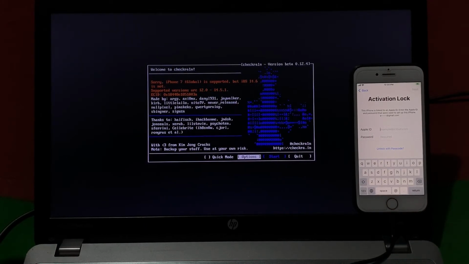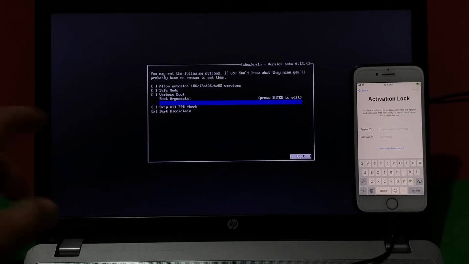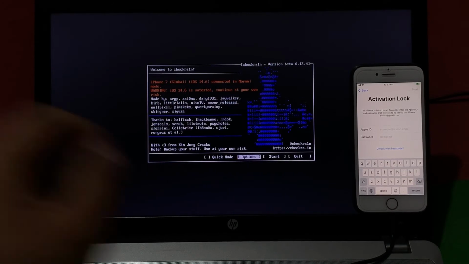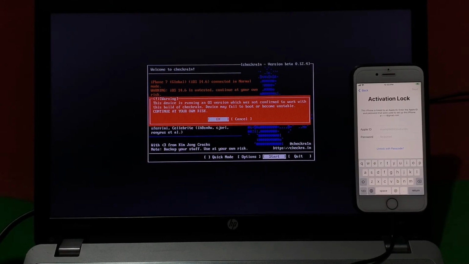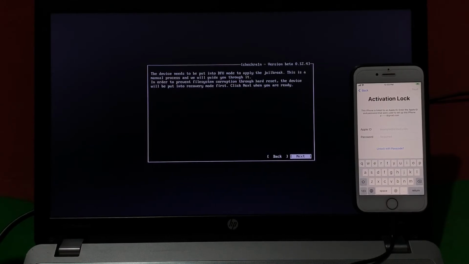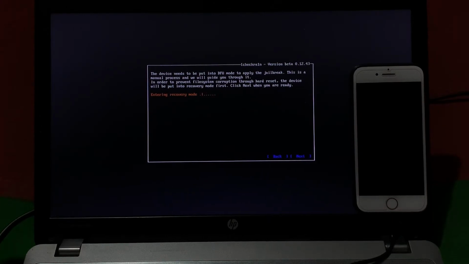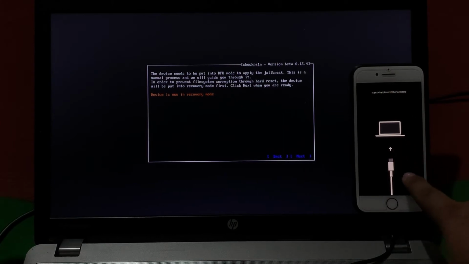Tap on select option. Select allow. Back to start. Tap on start. Okay. Tap on next. It will take some seconds to wait. Put the iPhone in recovery mode.